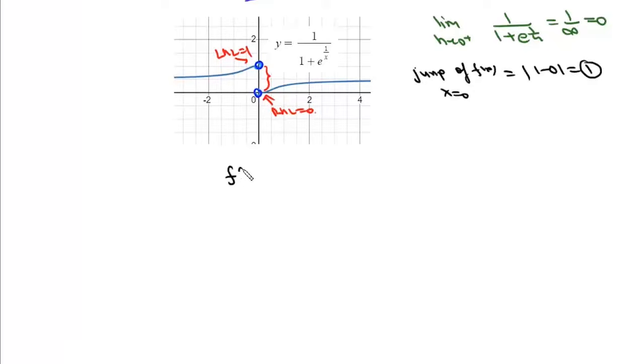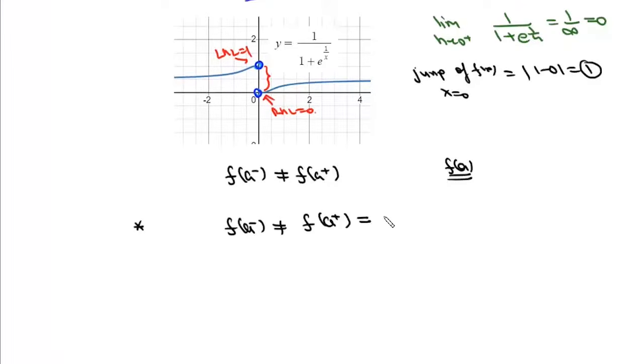So in this case, the left hand limit is not equal to the right hand limit, and we don't even bother about the function value. So this function will always be discontinuous irrespective of whether f is defined or not defined. Now, in some cases, you'll have a condition where the left hand limit is not equal to the right hand limit, but the right hand limit may be equal to the function value at a. So in this case, we'll say this function is discontinuous at a,